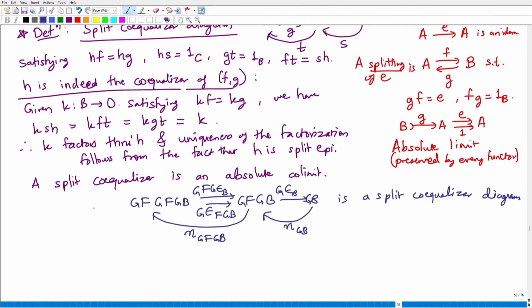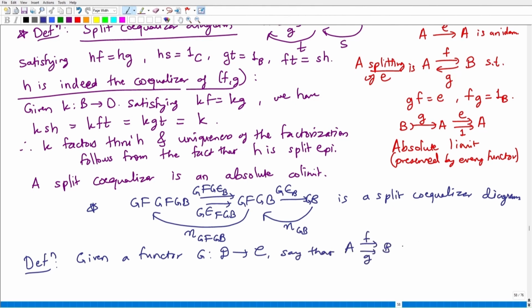Okay, so motivated by this, we have a new definition. The definition says that given a functor G from D to C, we say that this particular diagram of parallel arrows in D is G-split if there is a split coequalizer diagram